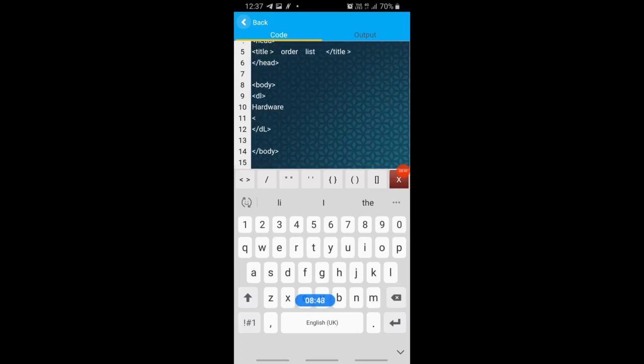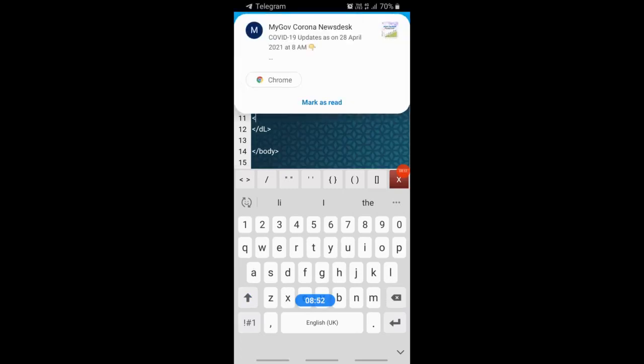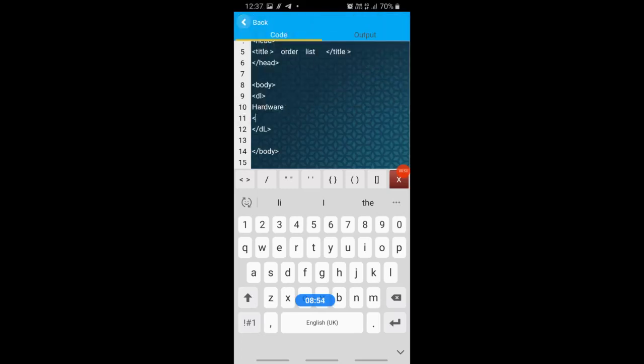Okay, first hardware. In hardware I'm going to take a dt. What is the meaning of dt? dt is used to define a term. Okay, which term we are going to explain, that you have to see in dt.